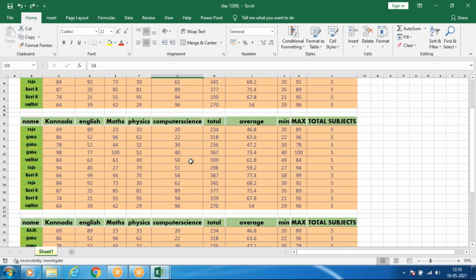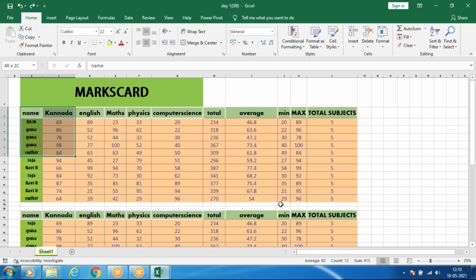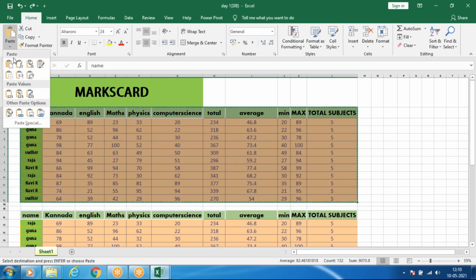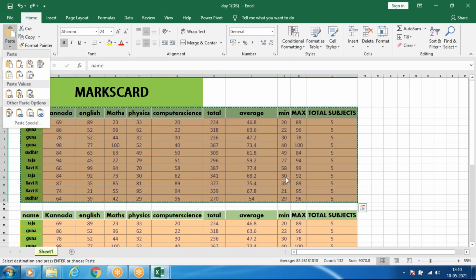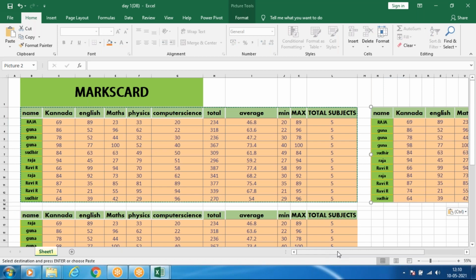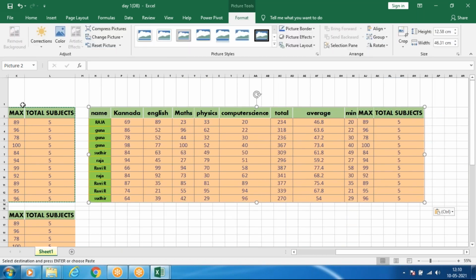But the normal copy paste won't be affected. Now Control C, and if you want to paste like an image, paste as picture. Image means you can't edit this data because it is in image format, but you can design it how you want.